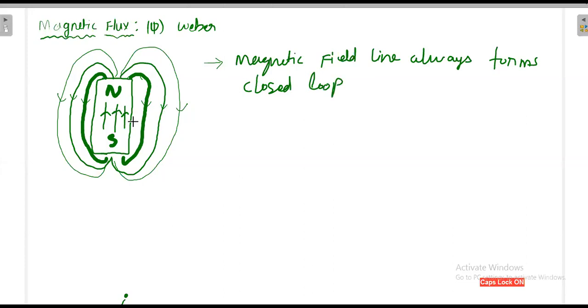Here we have shown the diagram on 2D paper only, but actually this is 3D. If you rotate this diagram with respect to the z-axis, then